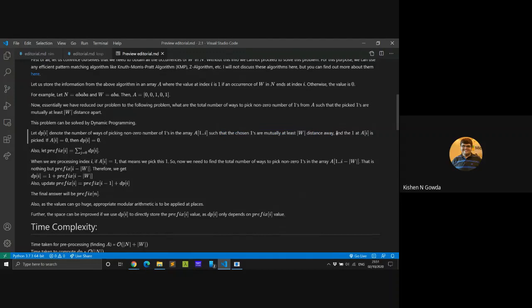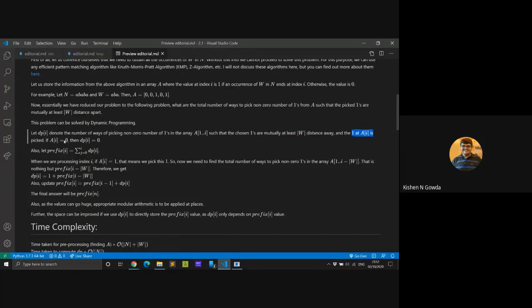And there is another condition: if the Ith index is a 1, then I am picking that one. So basically the one at A of I is picked, and this is going to be stored in DP of I. So the total number of ways of picking a non-zero number of ones in the array A from 1 to I, such that the chosen ones are mutually at least mod W distance away, and the one at A of I is picked.